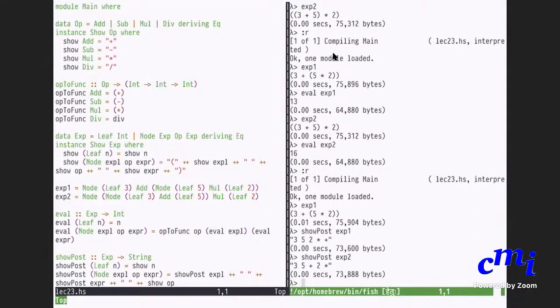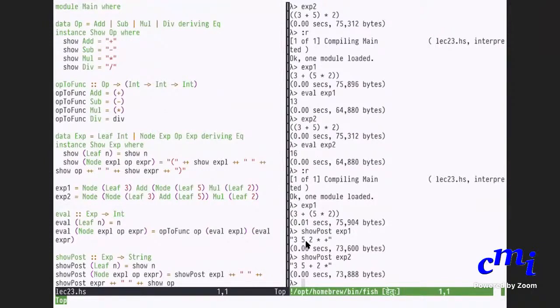So even without parenthesis, I am able to distinguish between these two expressions. Is this clear? Yes, sir. So this is the point. I can show it in the postfix form, in which case it is automatically unambiguous without writing parentheses, etc.